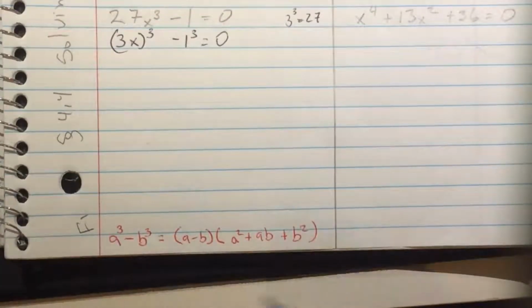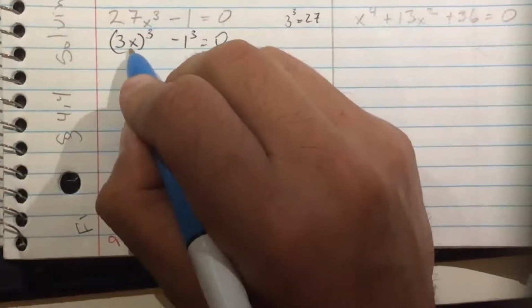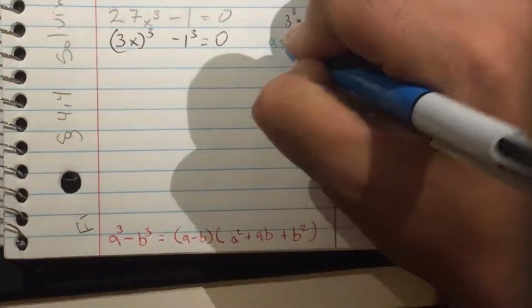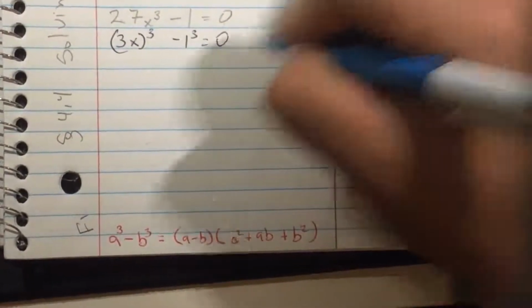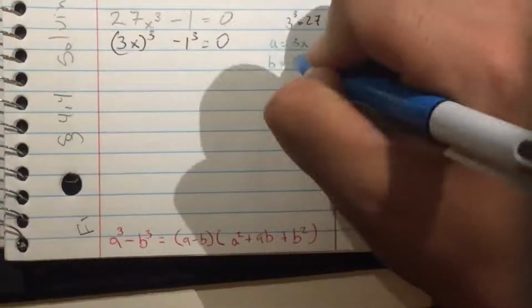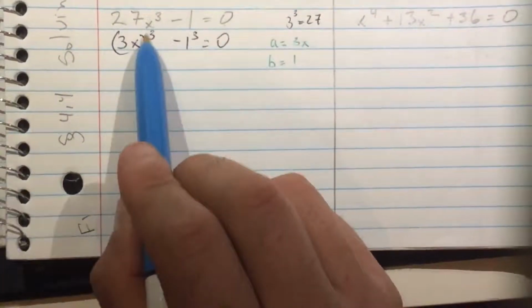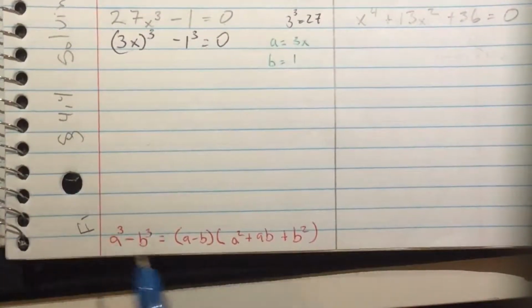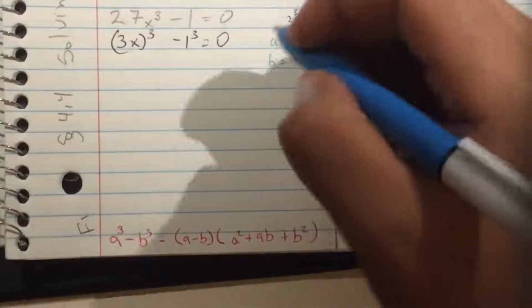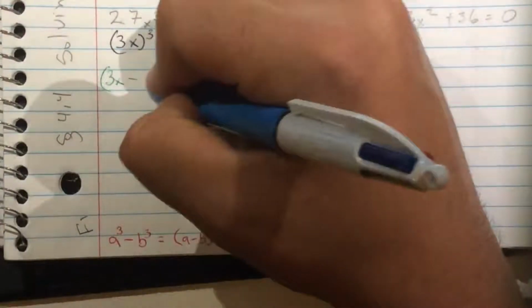So we do that in green. So we have our a minus b. This is our a. So we're going to have our a equal 3x and then our b equal 1. Because that's what they are. This cubed, just like here. So our a is going to be 3x minus our b, which is 1,